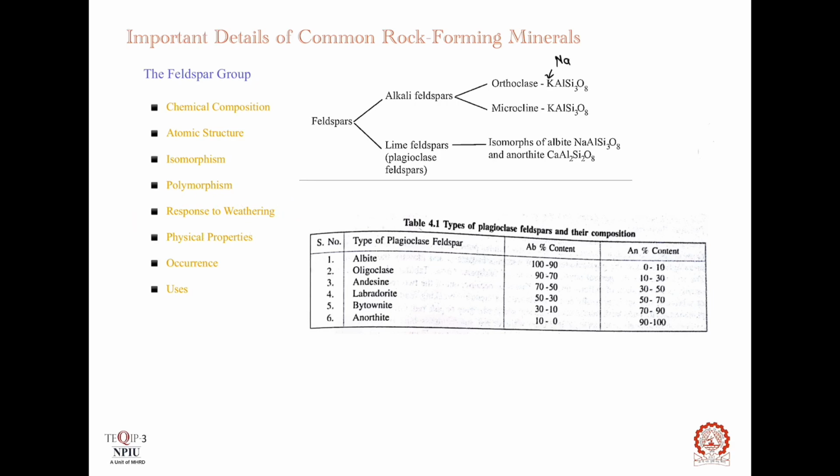Response to weathering. As a consequence of decomposition, feldspars lose sodium, potassium, or calcium in solution as chlorides or carbonates, and water molecules are injected into the structure, thereby turning them into hydrous aluminum silicates, which are nothing but clay. So kaolin and illite are the common products of alteration of feldspars.